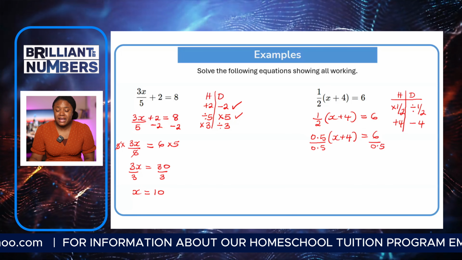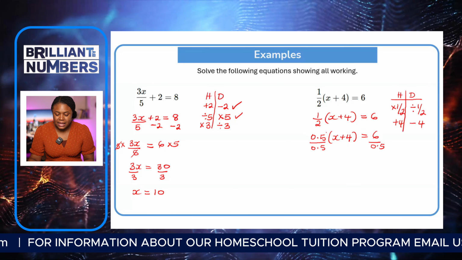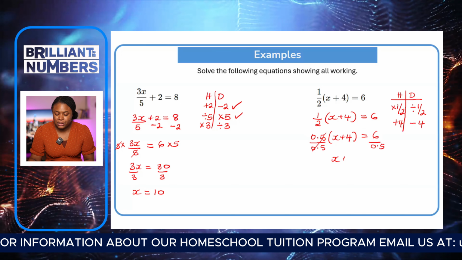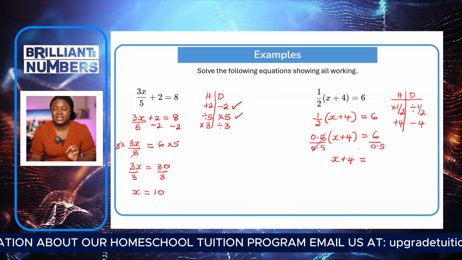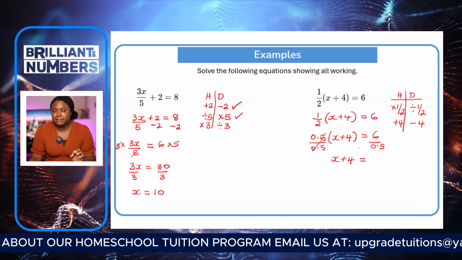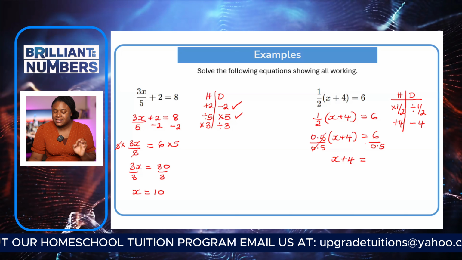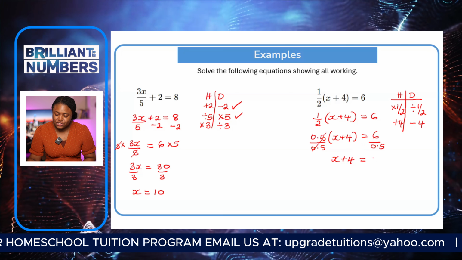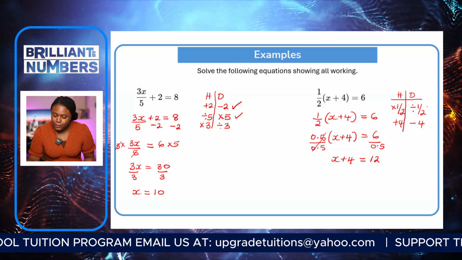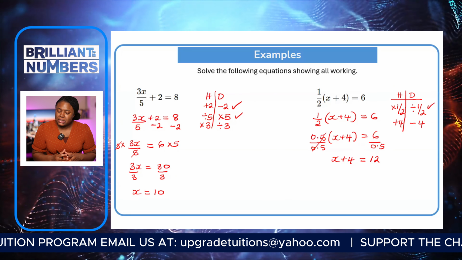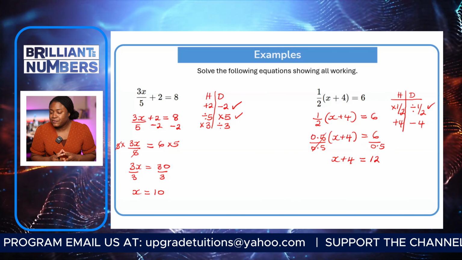So dividing this by 1/2, we will just have this cancelling out, leaving us with x plus 4. Remember, dividing by 1/2 is the same as multiplying by 2. So 6 divided by 1/2 is actually equal to 12. Beautiful. So now that we've done this bit, we now need to take care of our plus 4 by doing